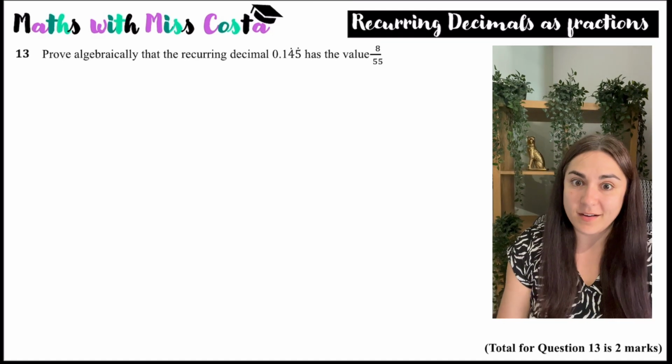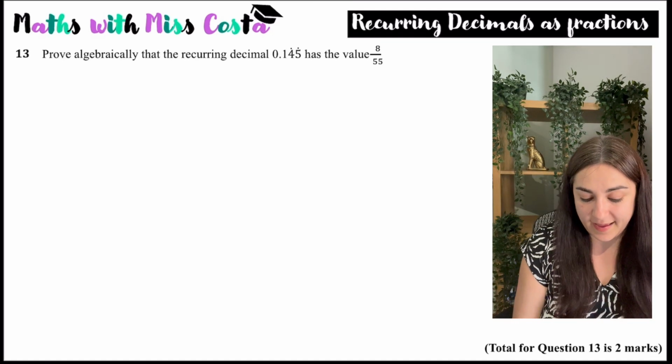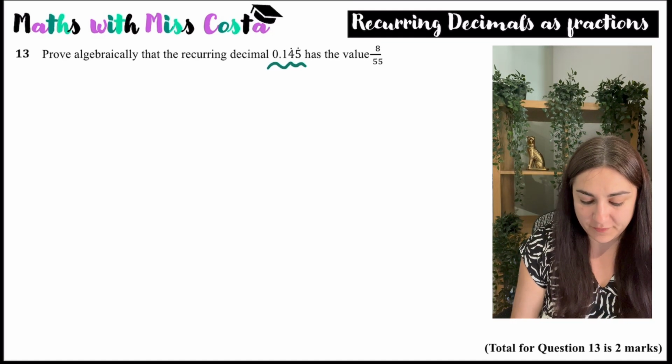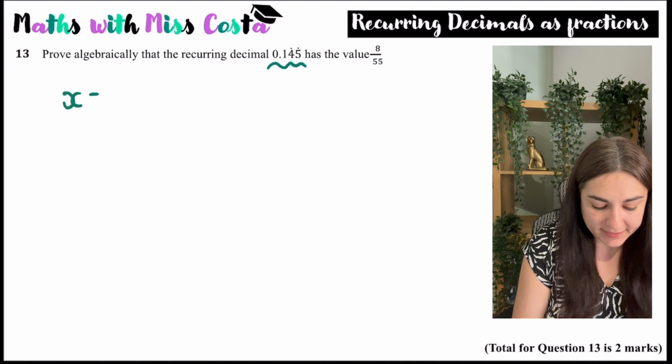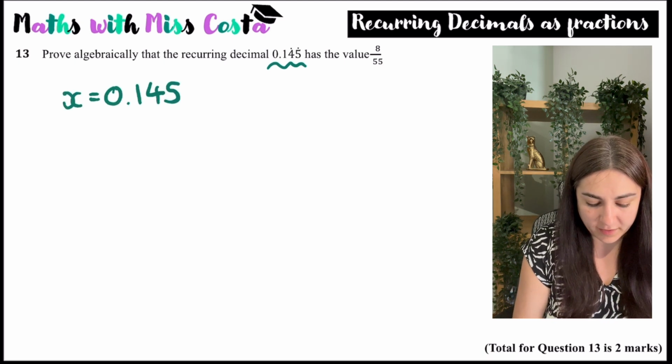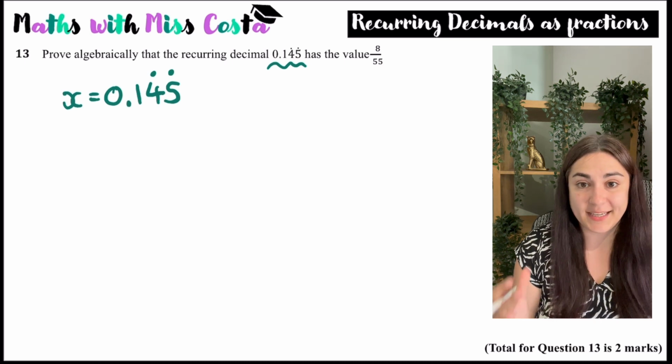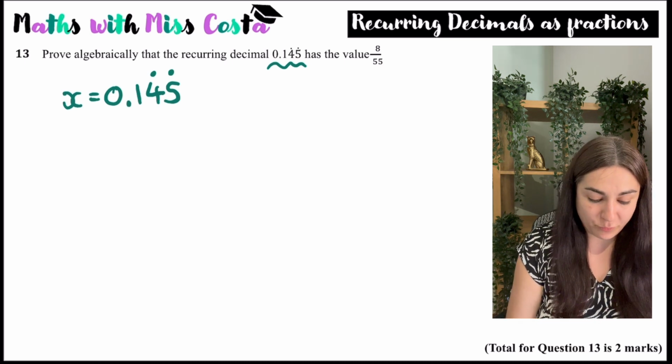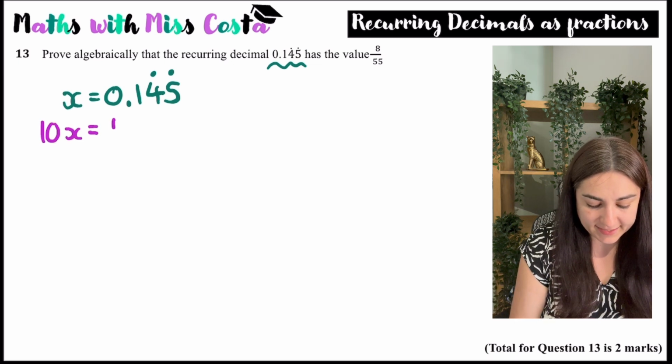Okay, so here I'm asked to prove algebraically that this recurring decimal has the value of 8 over 55. So I always start by calling my decimal x. So x has the value of 0.145, and the 4 and the 5 are recurring. What I want to do is keep multiplying it so that I get rid of anything that is not recurring. So if I multiply it by 10, then I end up with